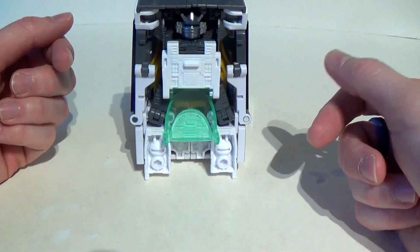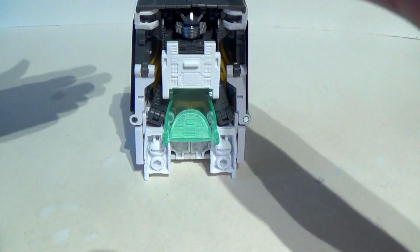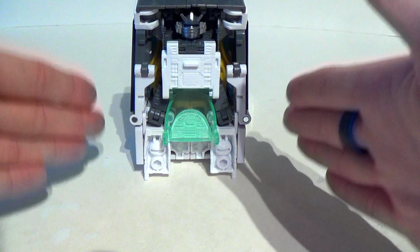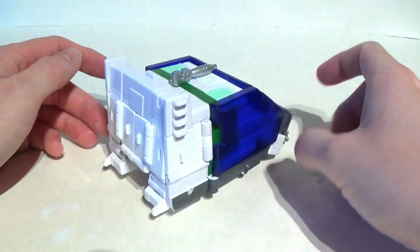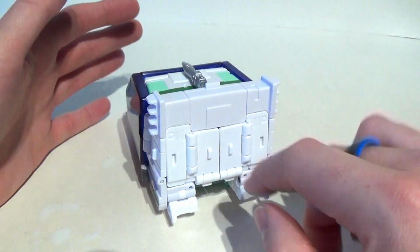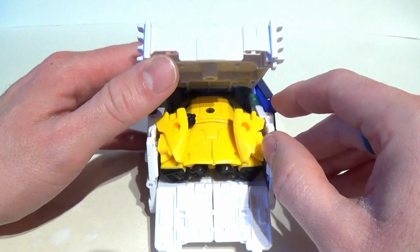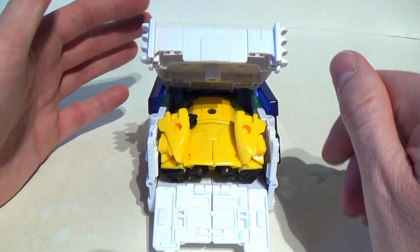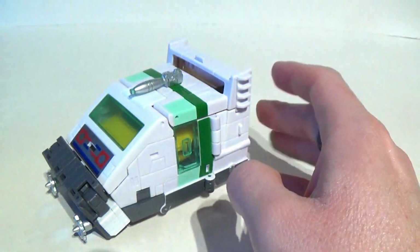Yeah, especially with this robot mode just kind of peeking out there on the bottom. But yeah, like I said, it's not a straight box shape. It kind of tapers outward towards the very back side of it. And from this mode, you wouldn't ever guess, but it is there, and that's to accommodate the back door on this guy, which when we fall down the back, you can see that we have got Bumblebee in there. And so when you take the blast shield away like that, you can clearly see